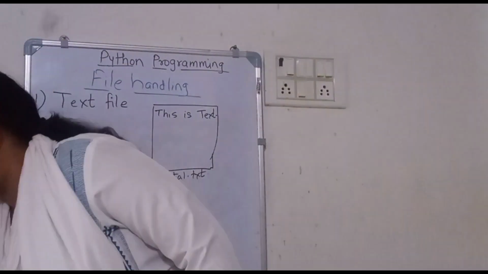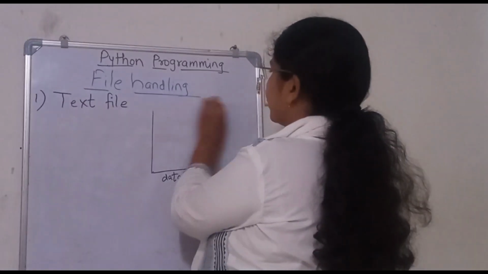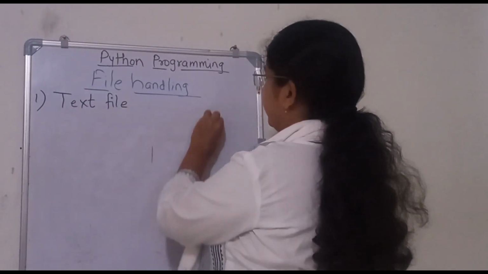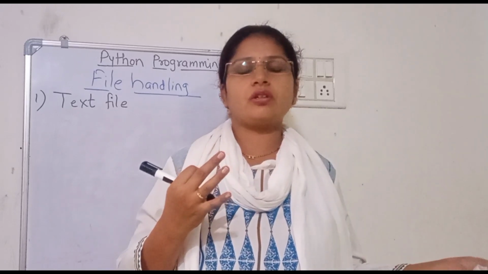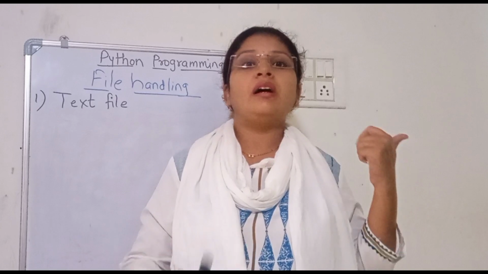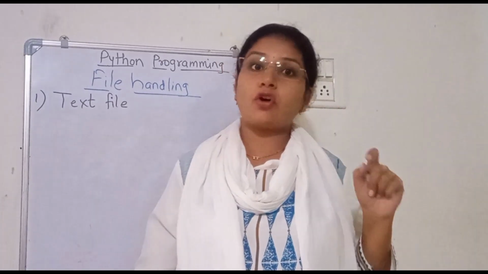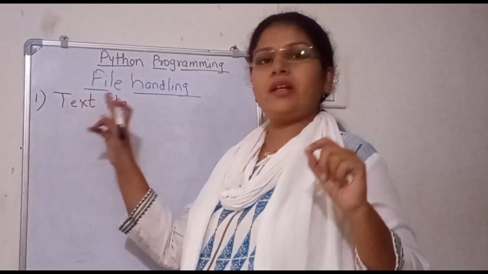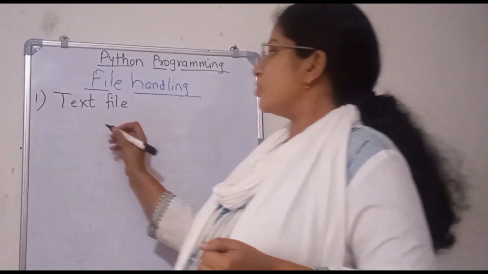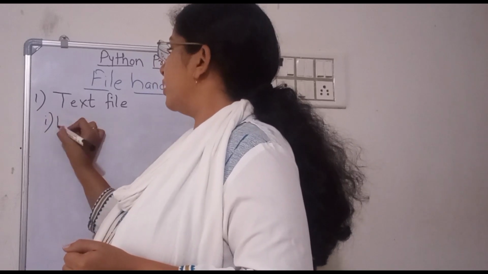Now we will consider working with the text file, that is, operations on the text file. Basically there are three operations which we have already seen in the last lecture: reading from the file, writing to the file and appending to the file. Appending and writing are the same, only the mode is different, but the operation is the same, right? So basically there are two operations we are going to perform with each file: text file, binary file and CSV file. In text file, your first operation is reading